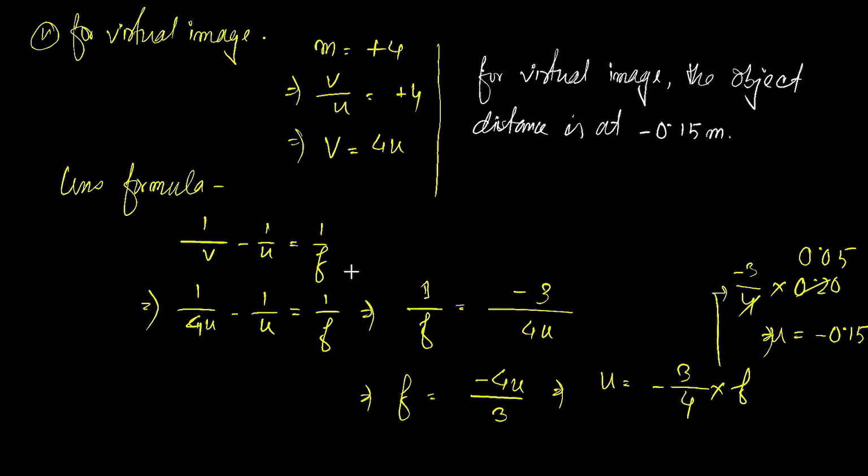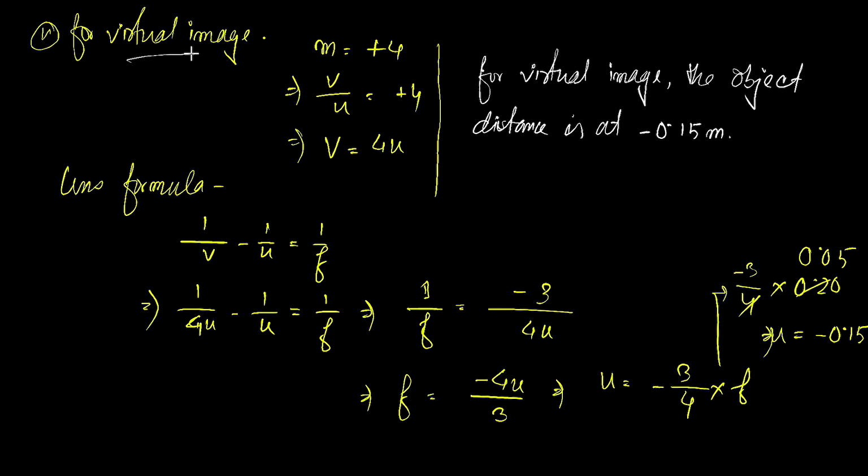Here, since the convex lens forms both kinds of image, you have to consider both the cases. If you solve by considering only one condition, this real condition, it is not going to work. Since it can form both the images, that is virtual and real, you have to solve it like this. But in case of a concave lens, it is not going to be like that. You have to solve only for the virtual image, because a concave lens always forms the virtual image. So this is the fact, right?